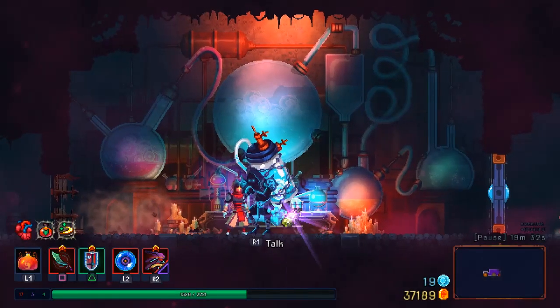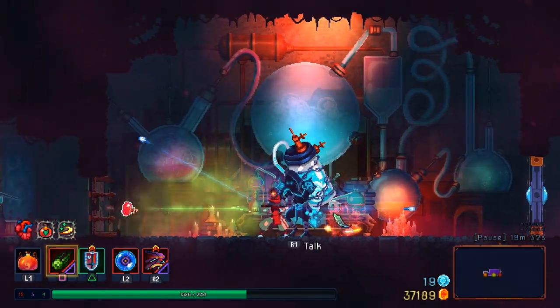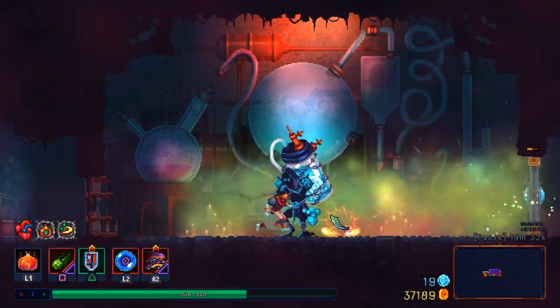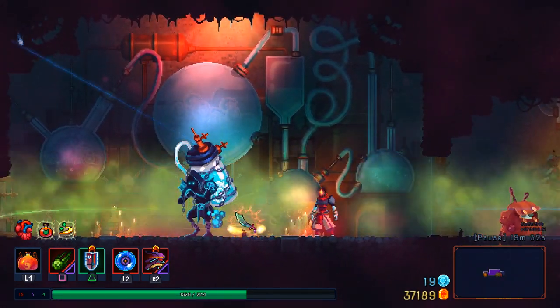Ah, this one is goofy. Yeah, you probably recognize that icon from the one that appears over your head when you're out of potion charges and you're trying to use your potion. It is...